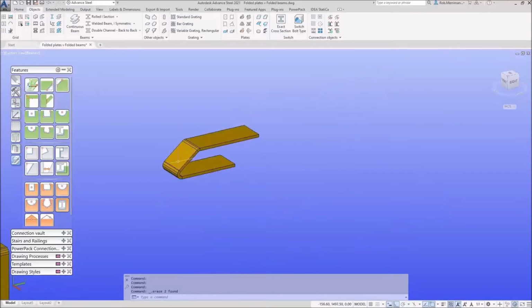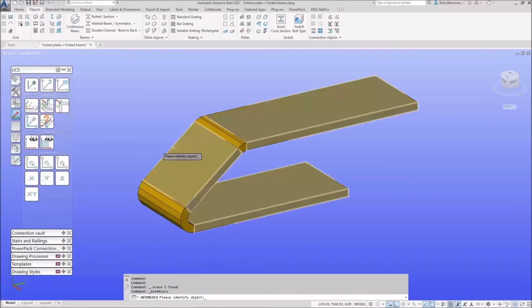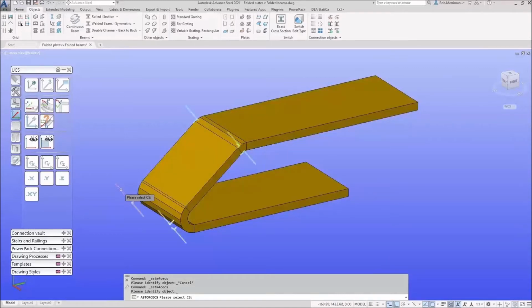Now, if I want a rectangular contour that passes through the whole plate, I could use this command in here, rectangular contour UCS. But because it says UCS in the command, it's based on the UCS. So I need to change my UCS to put it onto the object. So again, if I do UCS at object and click the sloping plate, I get these little markers in here,